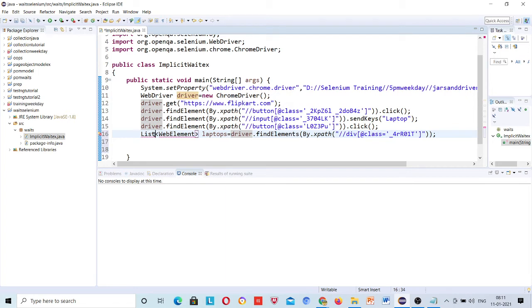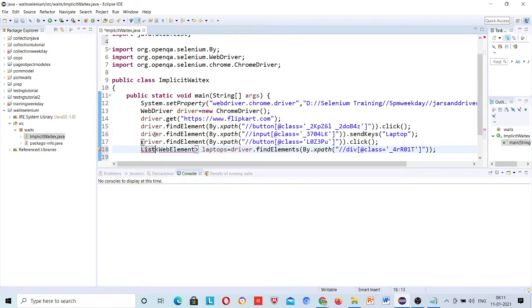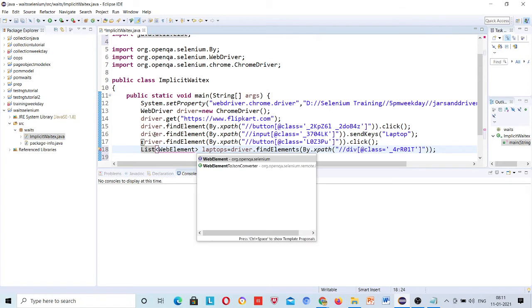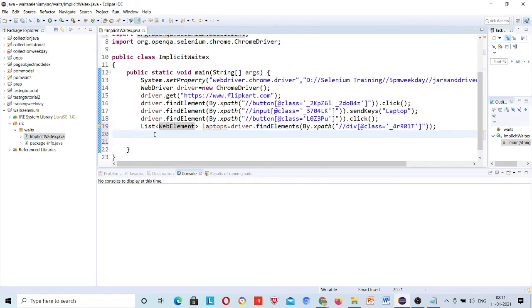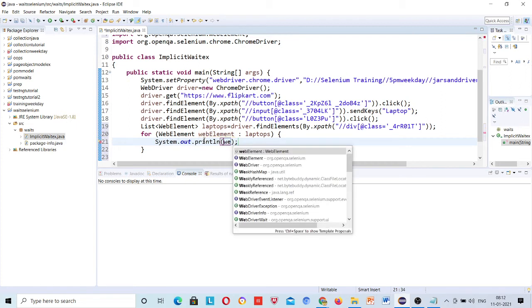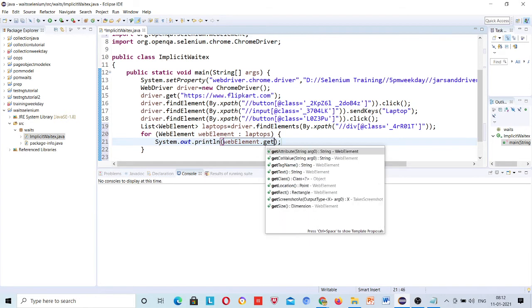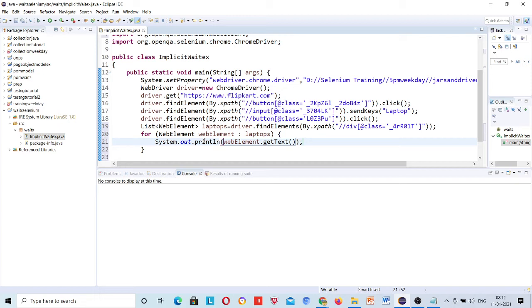So now you have to press control space and import the java.util package, not awt. So you have stored all your laptops in the list. Just print them. From this web element, what we want to get is text. This for each loop line will be clear to all, I hope, because there is a separate session for this. That's why array list was covered, that's why collection was covered, right?